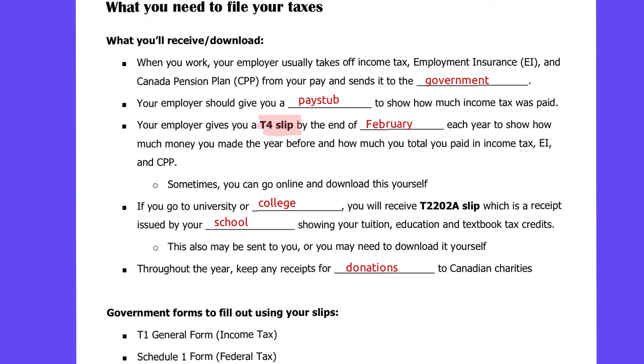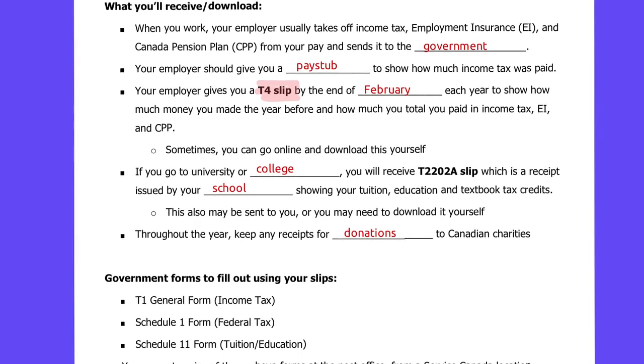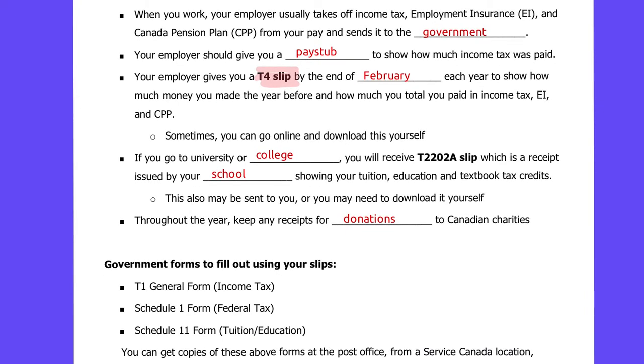And that'll show you how much money you made the entire year before and how much income tax and EI and CPP you paid in the entire year before. So again, sometimes you might need to download this by yourself. For those of you going off to university or college, after your first year, you'll be able to download your T2202A slip.